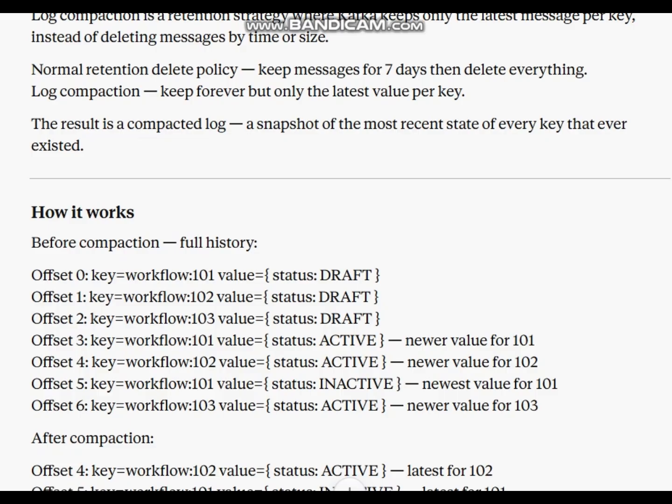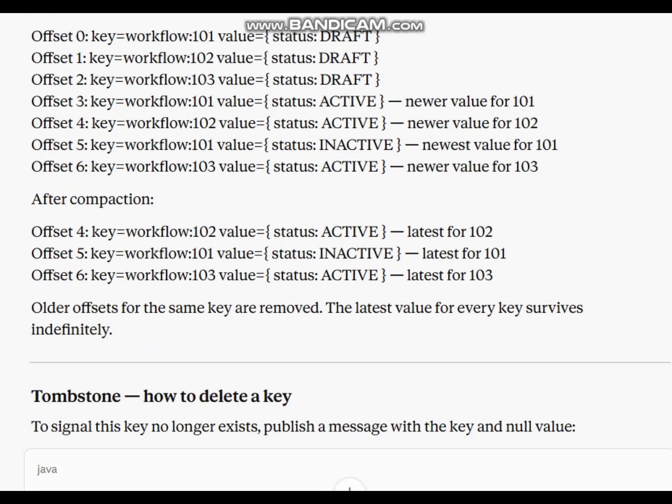After compaction: offset 4, key workflow 102, value status active, latest for 102. Offset 5, key workflow 101, value status inactive, latest for 101.